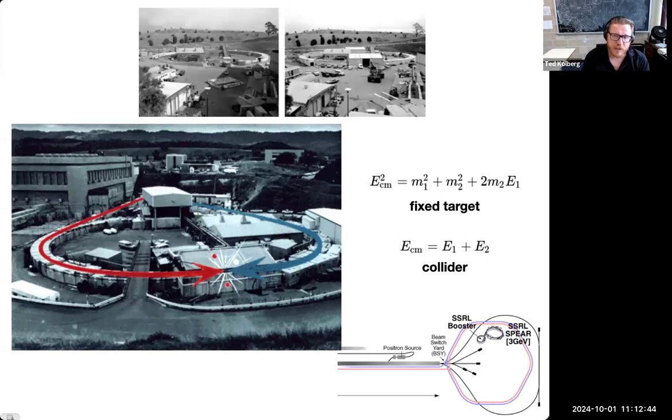So remember, in the previous lecture, we were talking about deep inelastic scattering. We talked about the electron beamline that could produce multi-GeV electrons at SLAC. And Burton Richter, who was a scientist there, had the idea that they could take some of the beam out of this linear accelerator and put it into a storage ring. And so they put steering magnets around the parking lot here, and they put an electron beam into one side